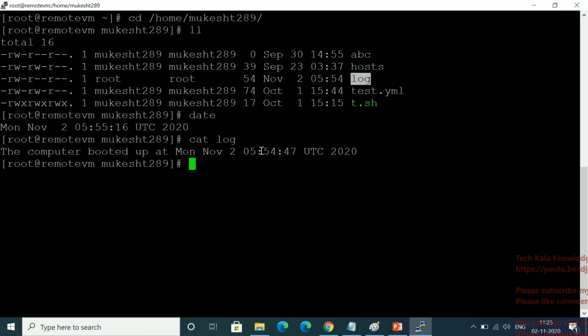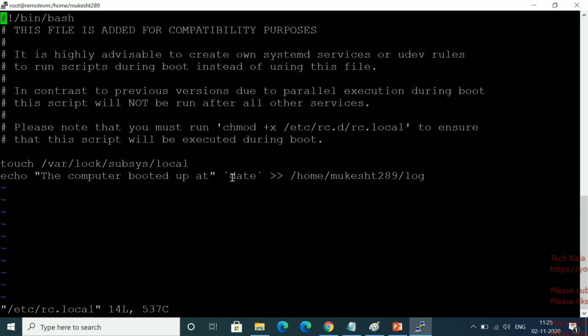So any type of command you can use as per your requirement, in rc.local this way. And suppose you have a script that you want to put here. For example, suppose that script is test.sh.